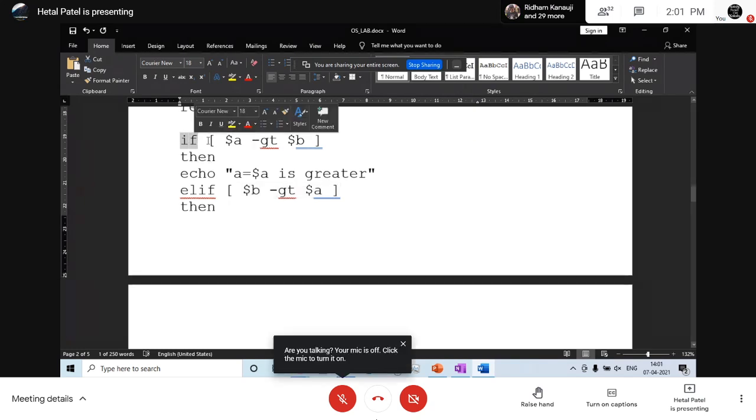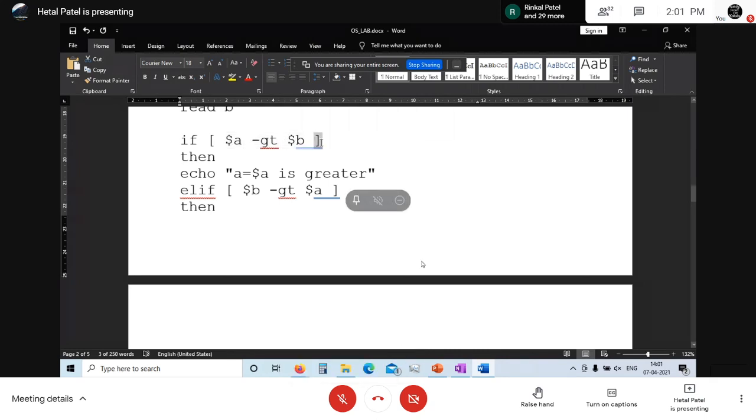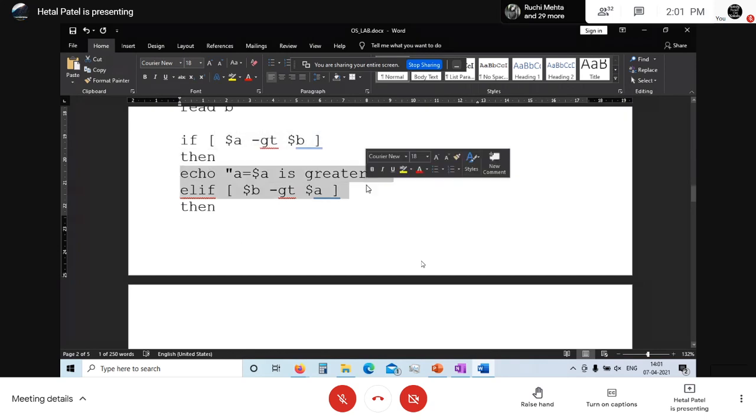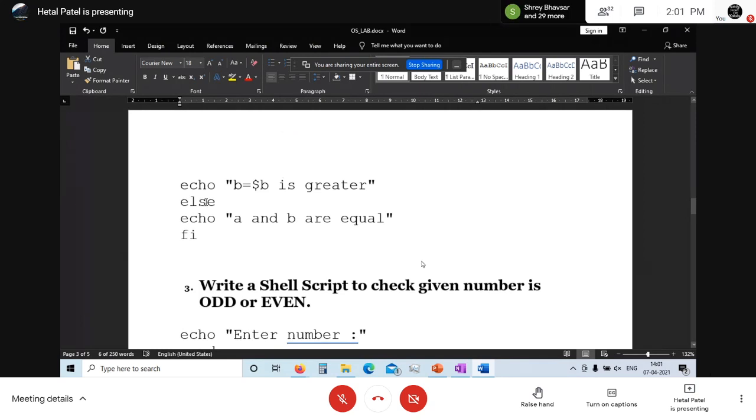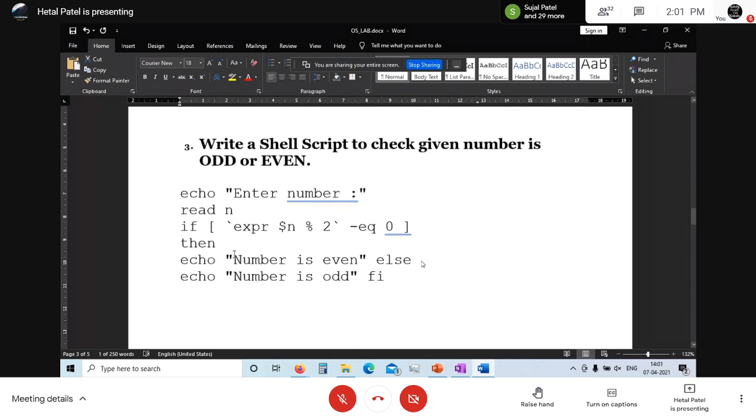So here, if, square bracket, inside this the condition is there, closing the square bracket. That is the syntax for the if you have to remember. Starting the if with the then command, writing the statement inside the if, and completing that. Then we are starting with another if, that's an else if. And when else if is over, the final one is an else. If this condition is false, it comes to else, and ending the if here.